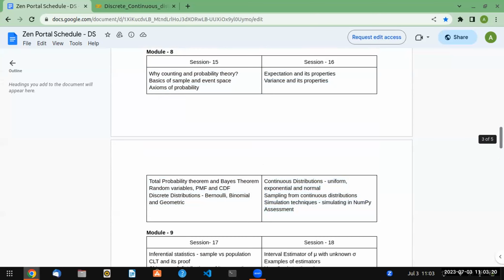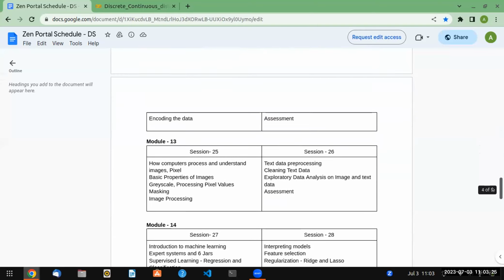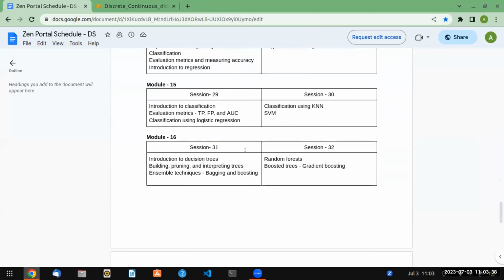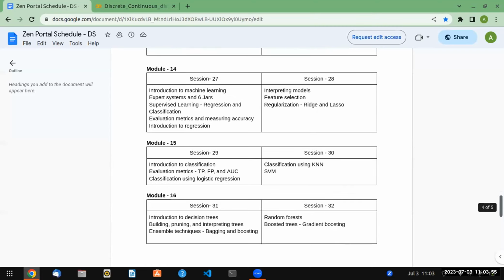So will you be handling all the 22 sessions? Not all. I think till module 14 or 13. Then we have other good mentors who will take care of the ML part. I can do that, but that will not be good for you. You need to explore different possibilities; from different people, you'll understand differently. So I will cover all this starting part till module 13 or 14. Then the machine learning part, I think someone else will take.